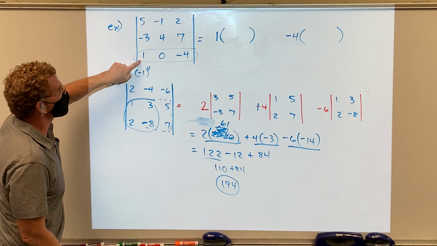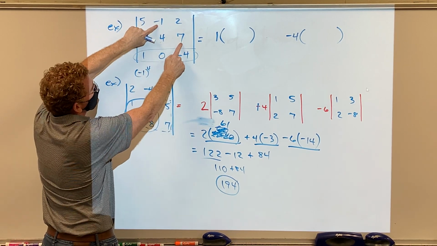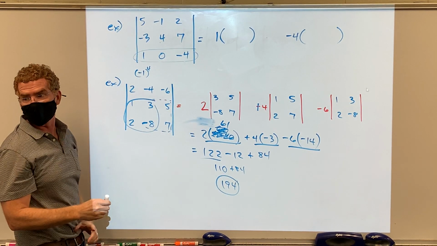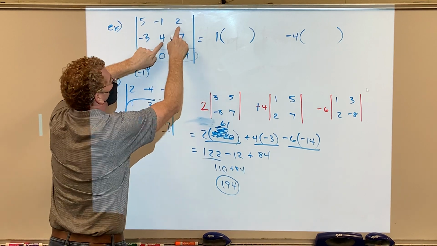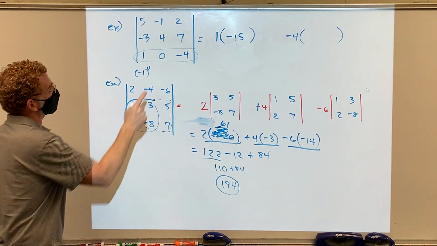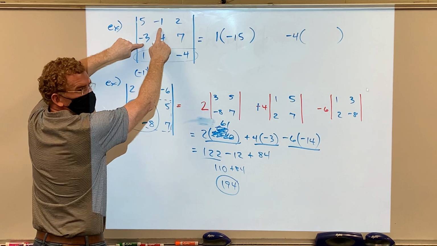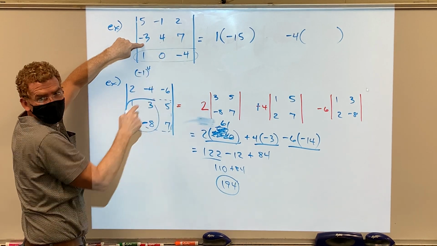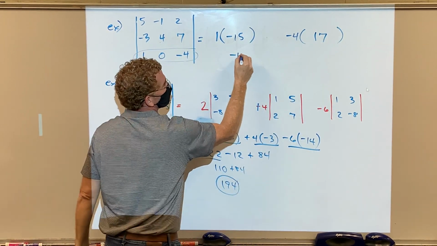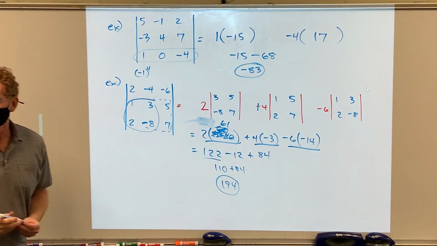So what's the minor of 1? It's that, isn't it? Do the math. -7 minus 8. That's where you got to be careful, right? -7 minus the 8, -15. That's all I need to see. What's the minor of the -4? 20 minus a 3. Careful. See how you can make a mistake? 20 minus the 3? 17. -15 minus 68, -83. That's quicker than doing the diagonal method,